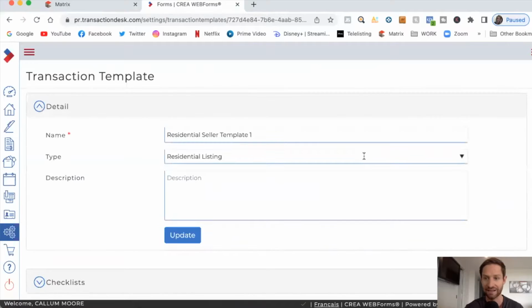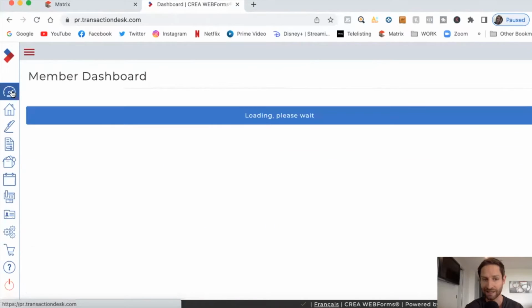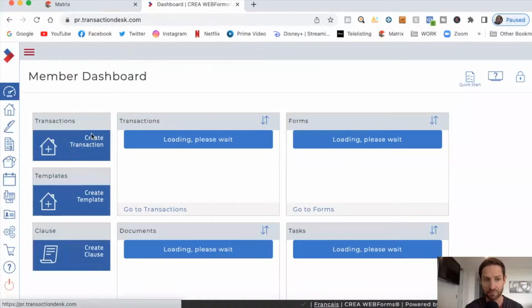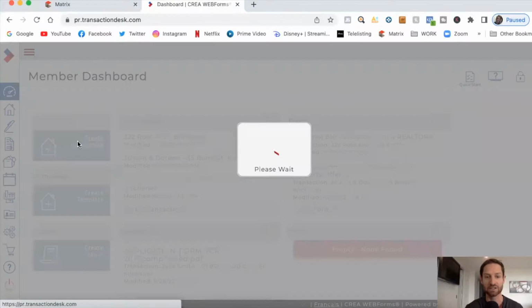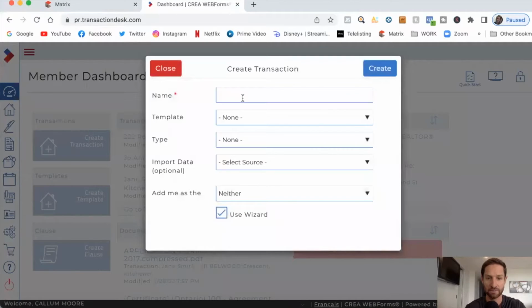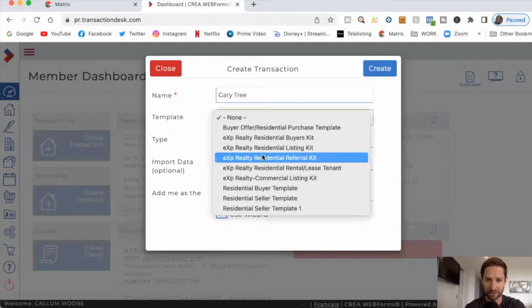There it is. And now we come back over here to our dashboard to start creating a transaction, because that's what we're going to be doing now. Create transaction, and we're going to set it all up. When I'm creating a transaction, you always use the name. So let's say the name is Gary Tree, sure. And then you look for your template, and the one we just created, residential seller template 1, perfect,